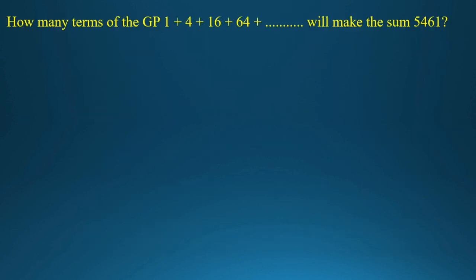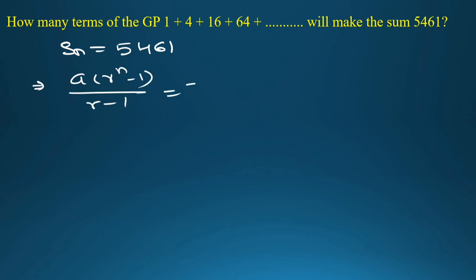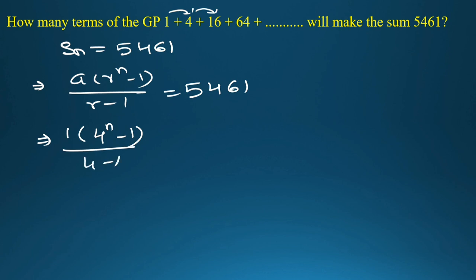Now, let's see the next question. How many terms, meaning we have to find n, of the GP will make the sum 5461? Oh, very big number. Let's see. Okay. So, let's suppose it is the sum of n terms, 5461. So, apply the formula of Sn. First, write the formula: a times r to the power n minus 1 upon r minus 1. Why have we applied this formula? Because r, you can see here, is 4. Every term is multiplied by 4. So, r is greater than 1. So, this will be first term is 1, common ratio is 4, 4 to the power n minus 1 upon 4 minus 1 is equal to